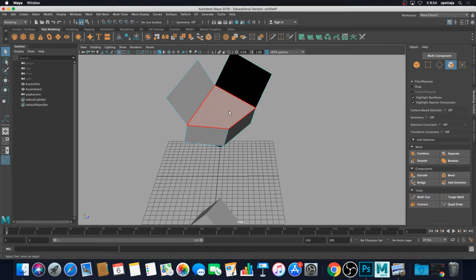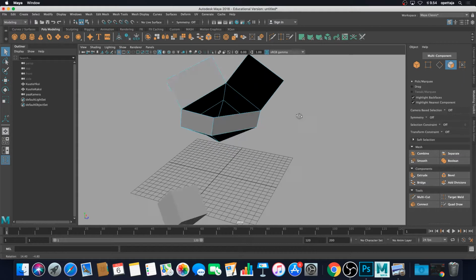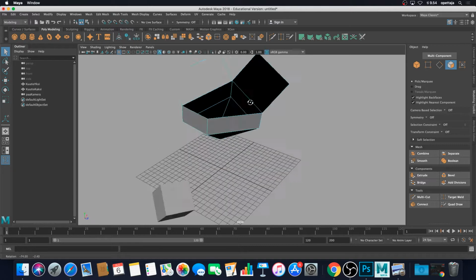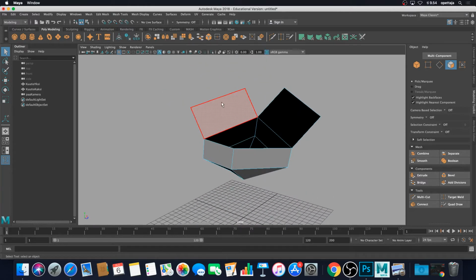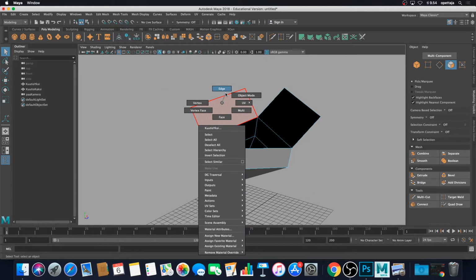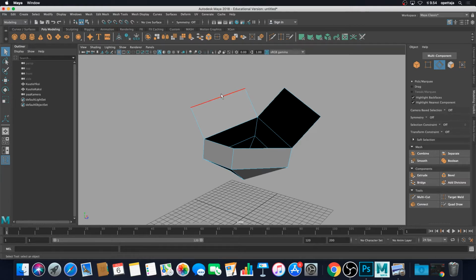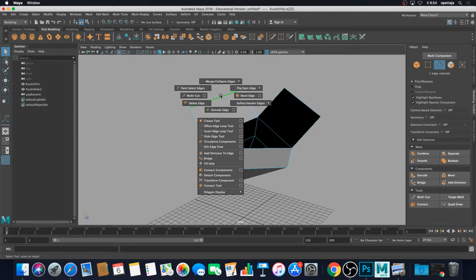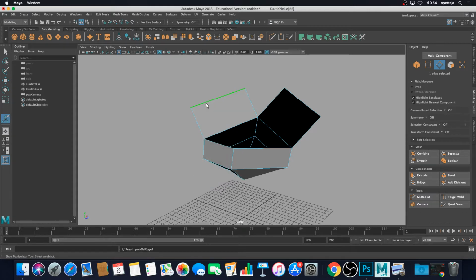If you select face and then press delete, you can delete the whole face. If I want to delete an edge, I come to the edge selection, I select the edge, but the delete doesn't work. So if you want to delete an edge, you have to press shift down, and then press the right mouse button and press delete edge,